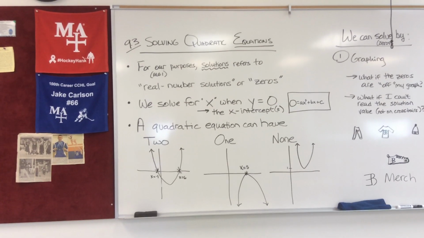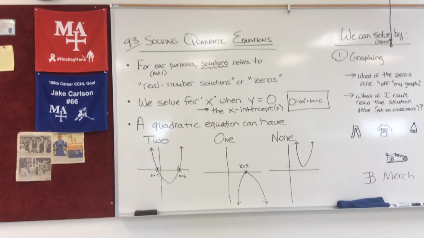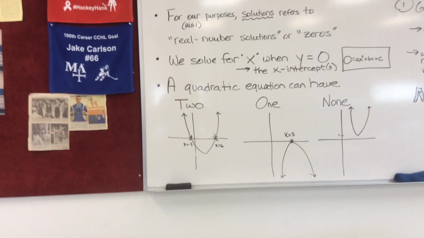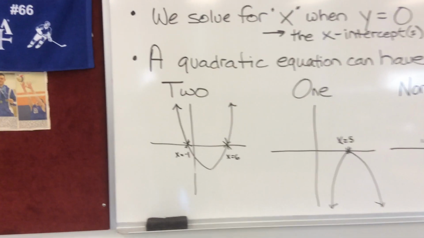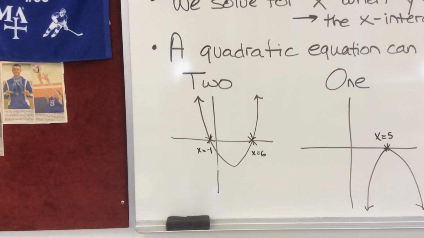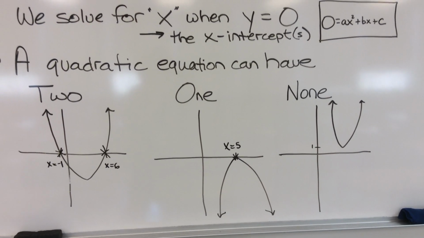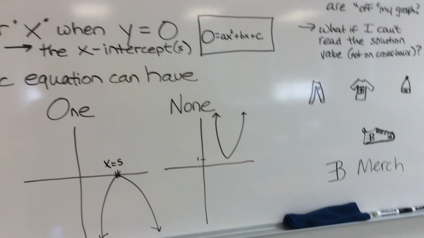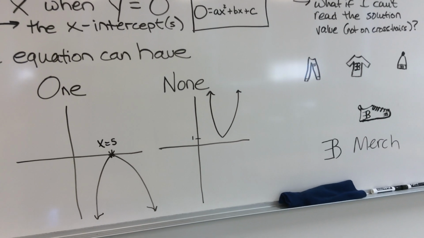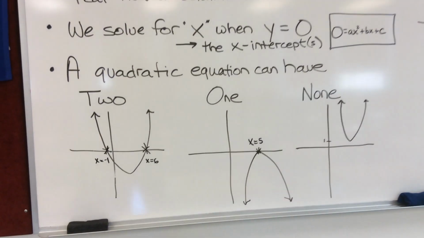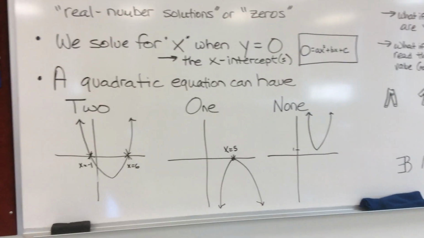Again, we call them zeros because it's when y equals 0. It's the x-intercept. So you can see here, we could have 2 x-intercepts. Our parabola could have 1 x-intercept. Or we may have no x-intercepts. Those are the 3 options we're going to be running into as we're trying to solve or find these zeros